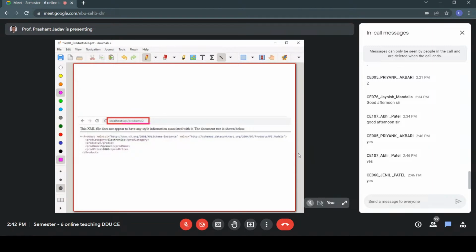Basically, you need to change the HTTP request. Here, the HTTP request is GET. In the request we need to change something. What do we need to specify? Basically, we need to specify